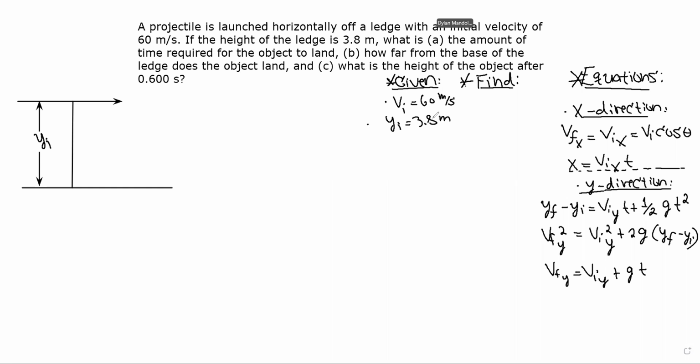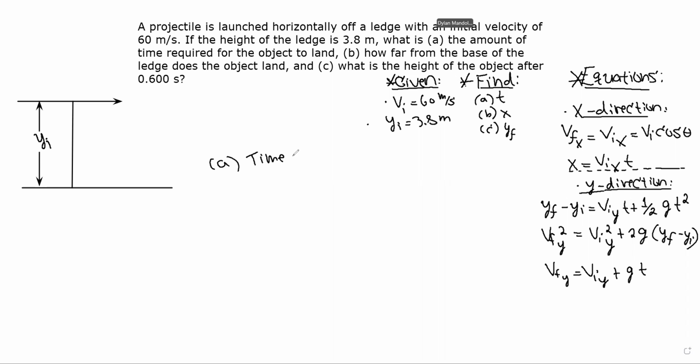And we need to find A, the amount of time required for it to land, B, how far from the base of the ledge, so that's the horizontal displacement, and then C, a height at a later time. Okay, good. So starting with A,